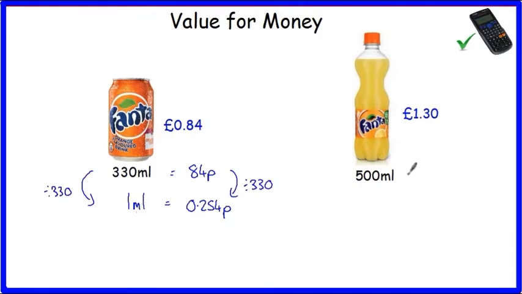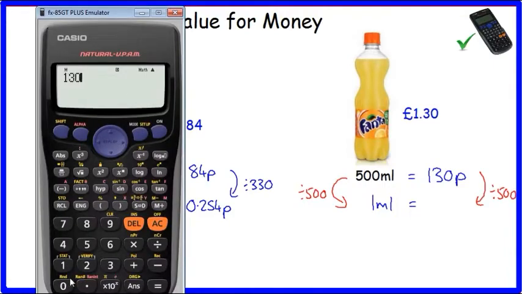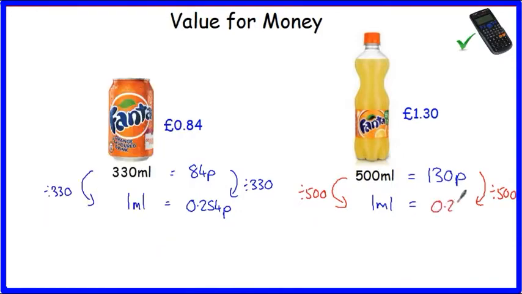Now to do the same here, so this is equal to 130p. So for 1 mil, that would be divided by 500. Divide that by 500, 0.26p. So which of those is the least amount of money? Now this is smaller than this, because I'm looking here at this digit and this digit. So the 330 mil